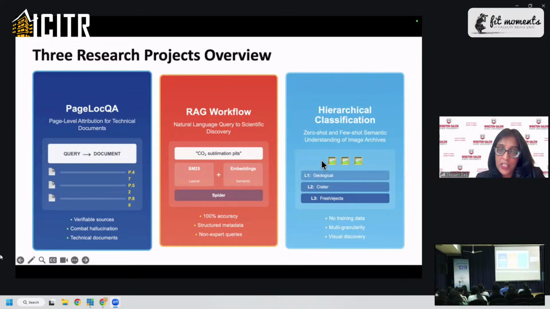And the third project is actually ongoing. Those two are completed projects. We already have the publication based on that. The third project is still evolving, but the idea is that can we actually use the zero shot or few